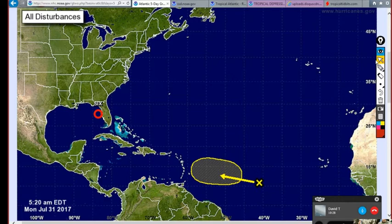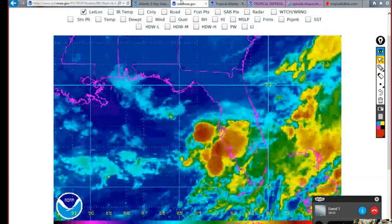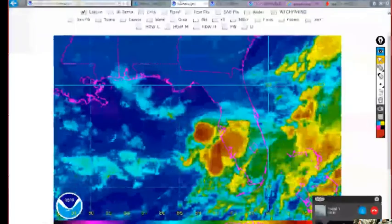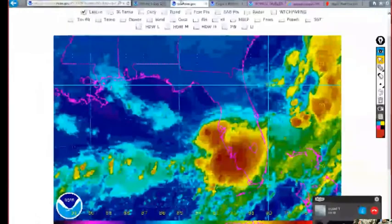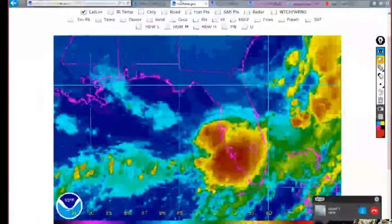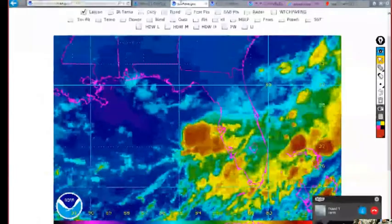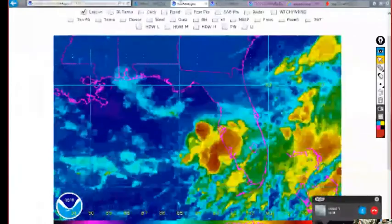Tropical Depression number 6 was located at 27.7 north, 83.5 west, or about 65 miles west-southwest of Tampa, Florida, or west-northwest of Sarasota, Florida. Max winds are 35 miles per hour. The depression is moving towards the east at 8 miles per hour. Minimum central pressure of